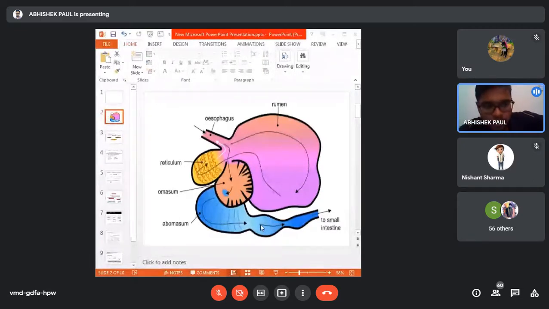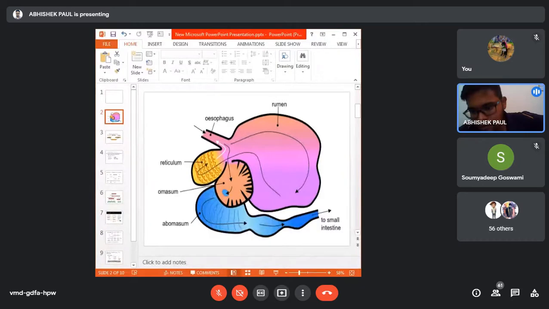So now, can you tell me what is the final end product of carbohydrate digestion? One is digestion, the other one is metabolism. So what is the final end product of carbohydrate digestion in case of ruminants? Sir, glucose. No, Samadhi, glucose is for non-ruminant. So you are correct, glucose is the end product of the carbohydrate digestion in case of non-ruminant species. But what about ruminants? Fatty acid.